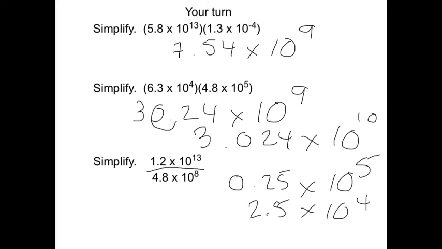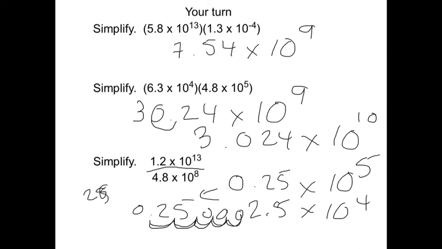So for those of you who don't understand, I'm going to write out this number for you. If I had 0.25 times 10 to the 5th, it would mean that it is a positive exponent, so I'm going 5 places. So I have to go 2 places just to get to the end of the number, and then 3 more places, which would give me 25,000 as my number. So if I have 25,000 as my number, and my goal is to write it in scientific notation, I would only move